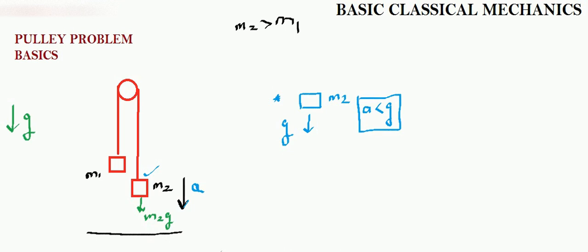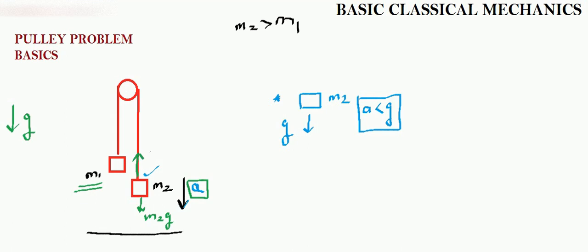Now why is m2 falling with an acceleration a? The reason m2 is falling with an acceleration a is because of the resistance, or you can say because of the m1 block attached to m2. Now how can I reflect the information of the m1 block in terms of force? I mean, how can I reflect that m1 is attached to m2 by using some kind of force definition? The only definition that can carry the information that m1 is attached to m2 is the tension in the string,